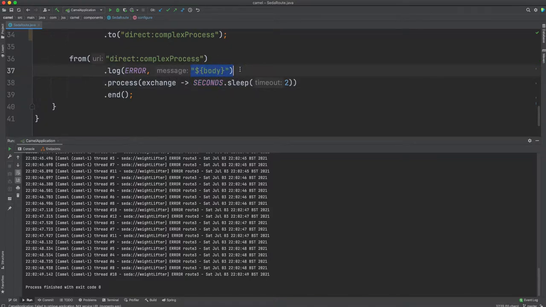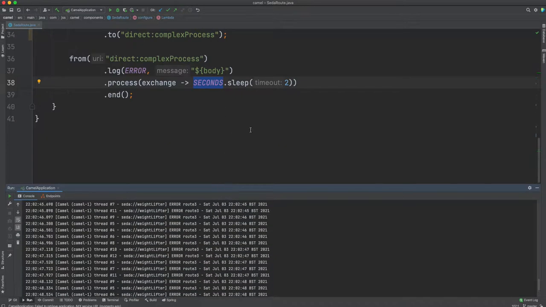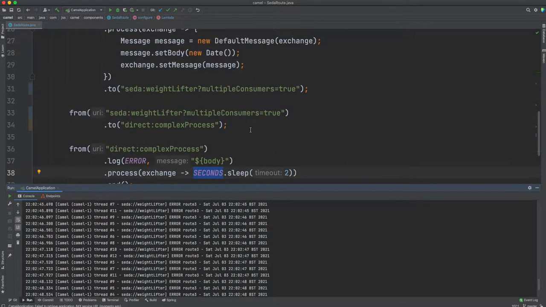Let's say some business process or business workflow is happening, which is taking a lot of time over here. That's why I put the delay over here. But anyways, the point is proven. By using SEDA, you can take a synchronous route and break it into an asynchronous route, and you can overcome these bottlenecks or performance issues.